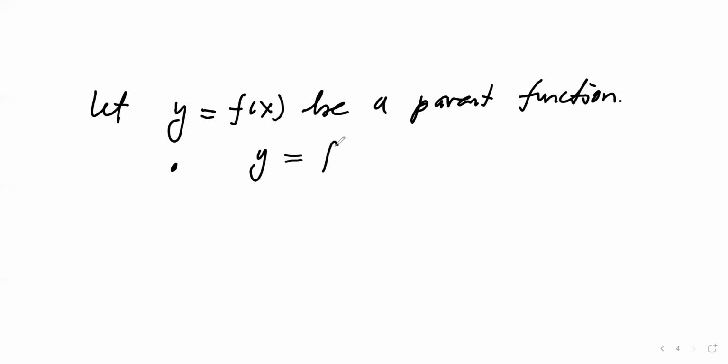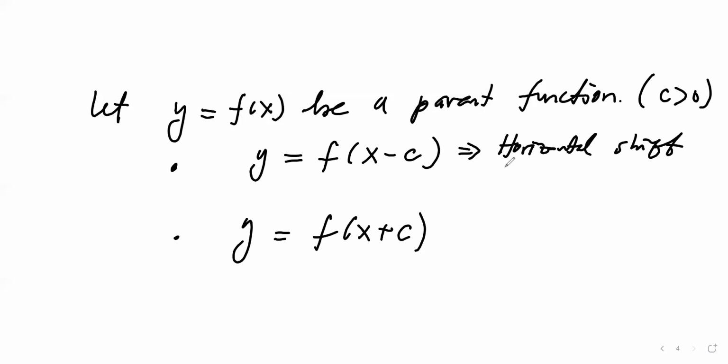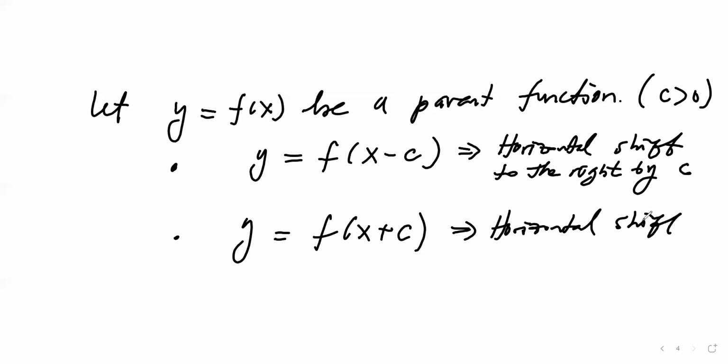So I have y equals f of (x minus c), and then I have y equals f of (x plus c). So if you do minus c, assume that c is positive here in the beginning. If you do minus c, then this means horizontal shift to the right by c units. And this, plus c, is horizontal shift to the left